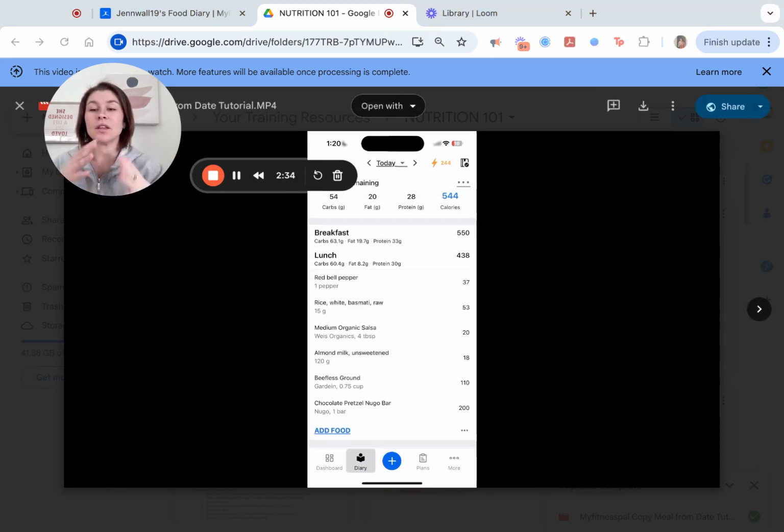So using the copy meals from date feature not only saves you time, but also helps you stay consistent with your meal tracking. You don't have to stress about entering the same meals repeatedly, and you can focus on actually enjoying the food, and this just makes the process so much easier so that you can reach your goals better. So next time you find a meal that you love,